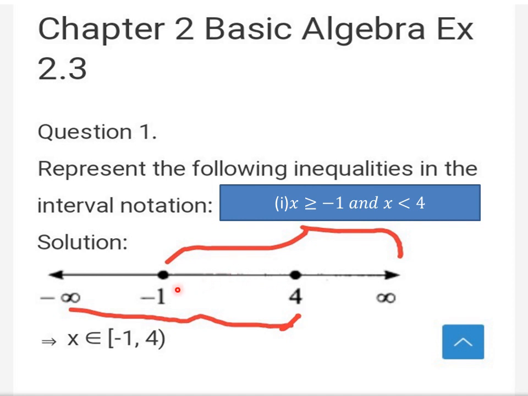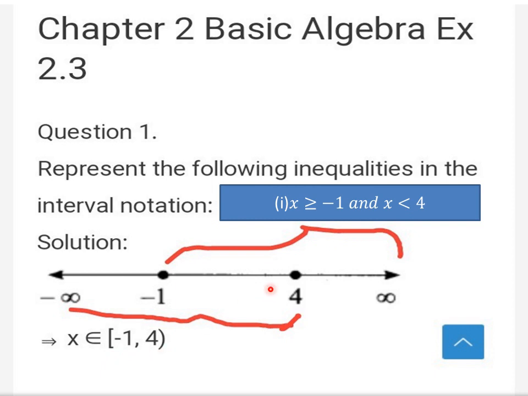And then you have to check whether we have minus 1 and 4. That is, whether we'll get the open bracket or closed bracket, we have to verify. So here in the first set we have minus 1. Okay. Then in the second one we have x less than 4. X less than 4 means this fully will take. So minus 1 we can include in this interval also. So close bracket will come for minus 1.